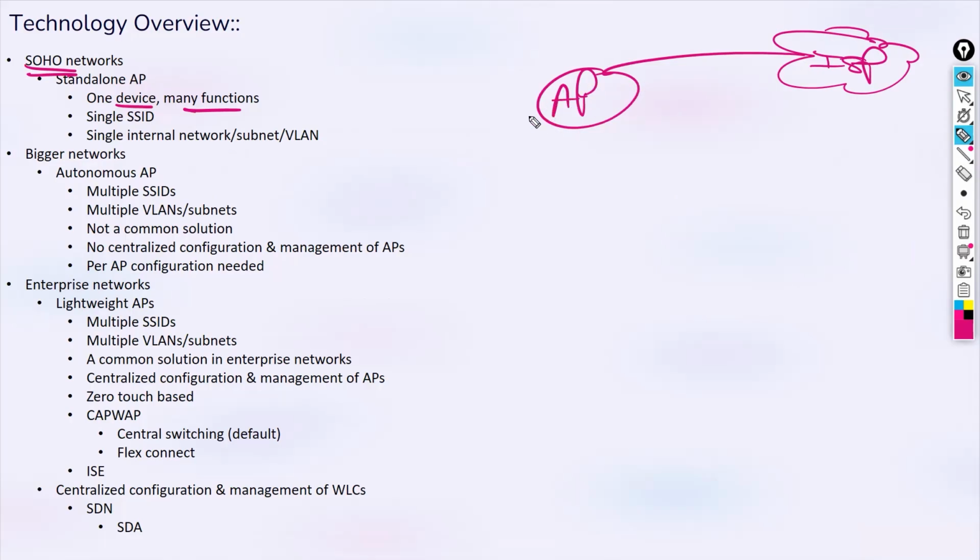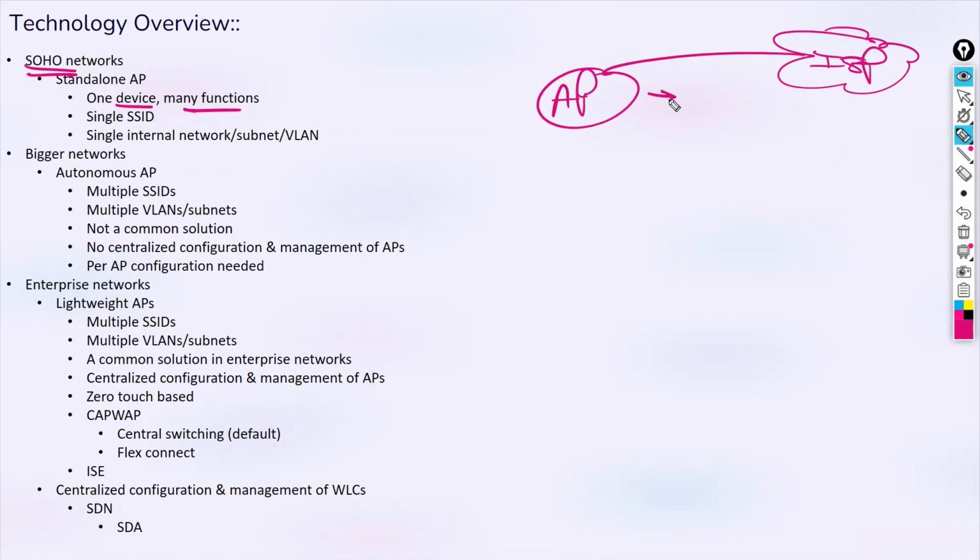But before that, let's say this is my home office, just 5, 10, 15, 20 devices, okay? Let's say this is my small office, or let's say it is my home. I'm just using internet at my home. So you know that Wi-Fi router, that we generally call a modem in layman language, all of those are wireless access points. Okay. So when I say one device, many functions, why?